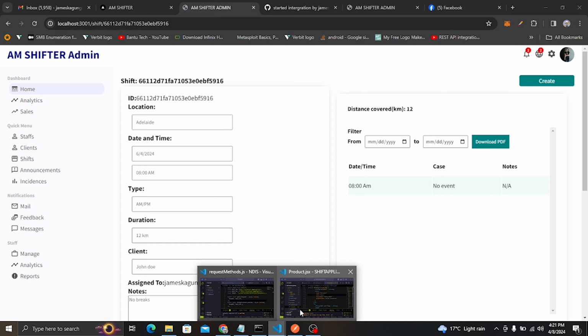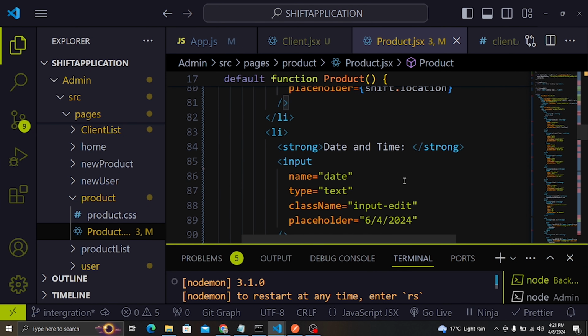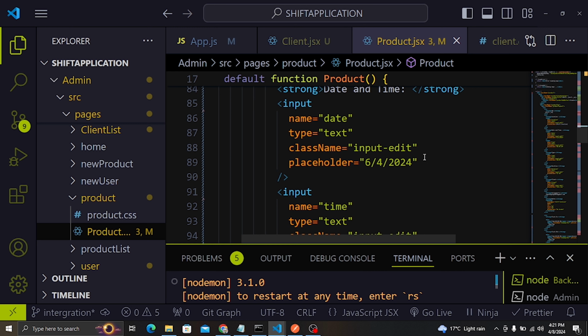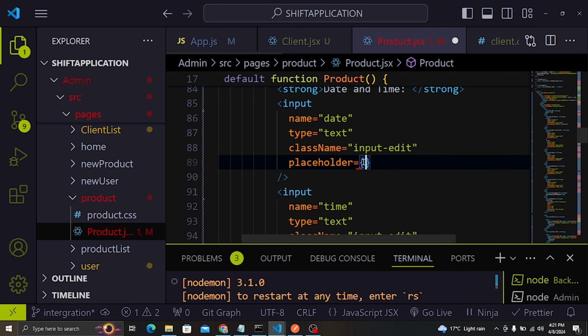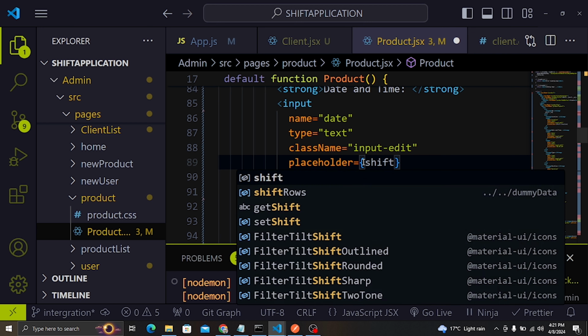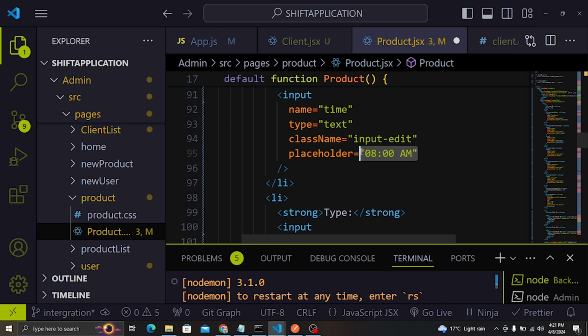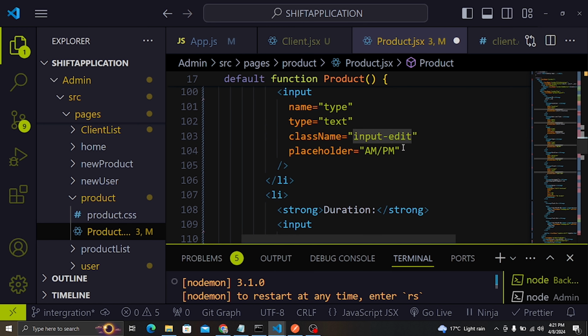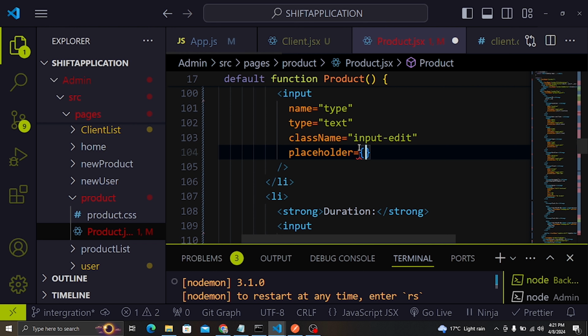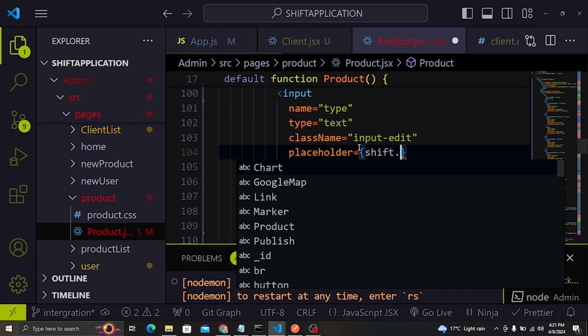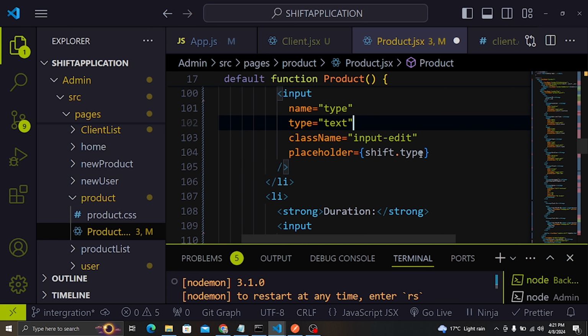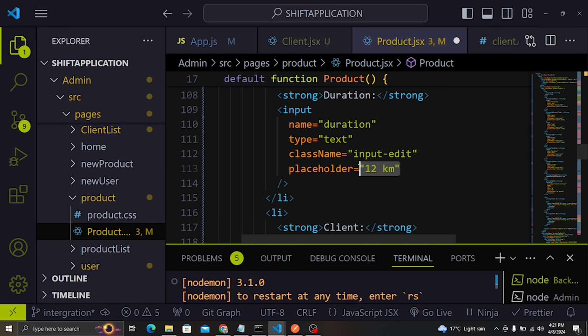So this one also will be time and date here. So this one will be shift.date. So shift.date here. Also here we need to change the time. So this one should be shift.time, and then also here we need a type, which will be shift.type like that. Also here we need duration, so here we need to do shift.duration